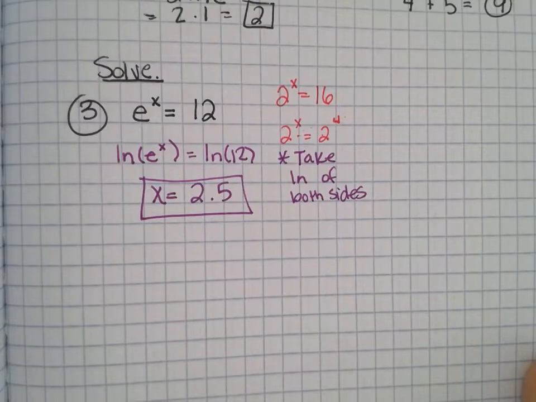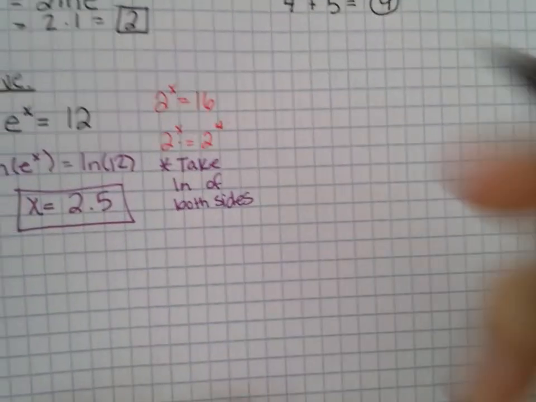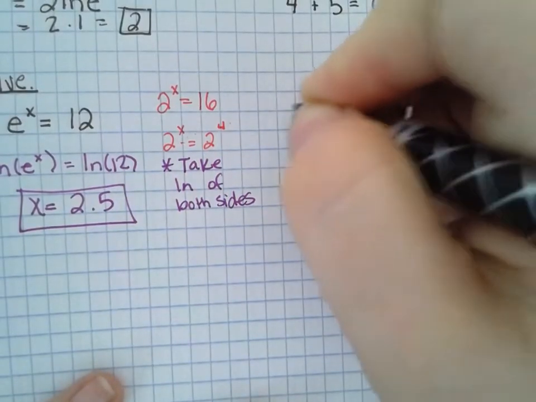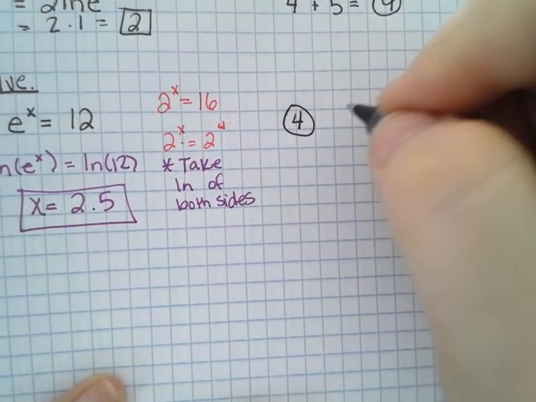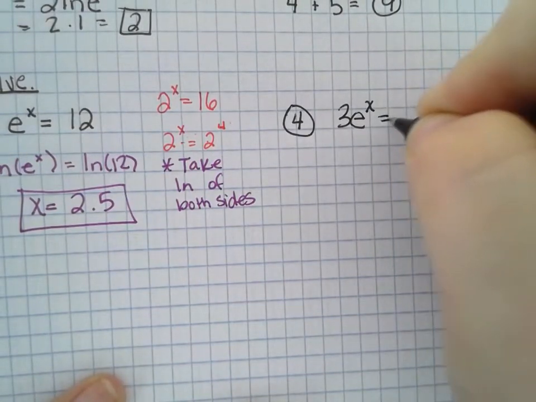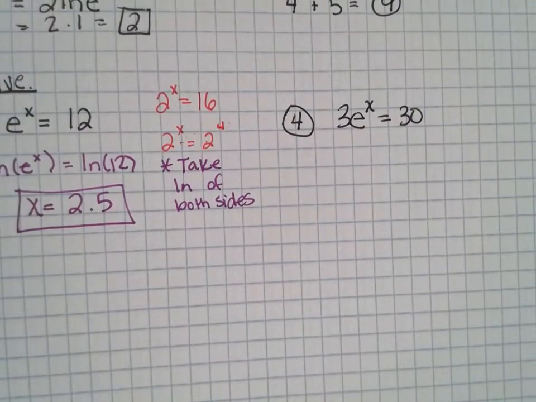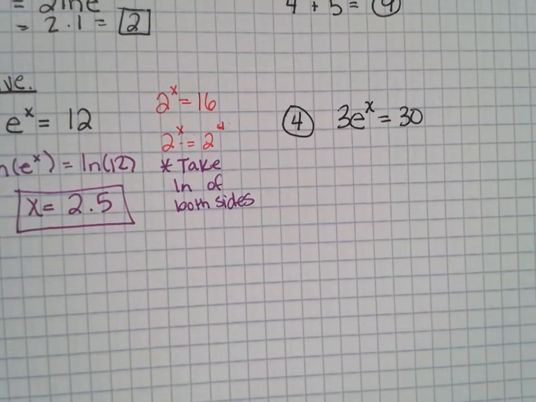Try another one. Okay, example 4. If I'm going too fast, slow me down. 3 times e to the x is equal to 30. 3e to the x equals 30. All right. Well,